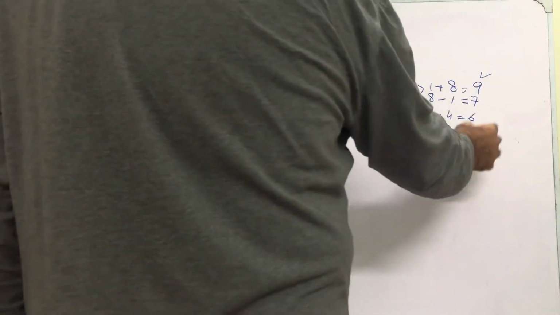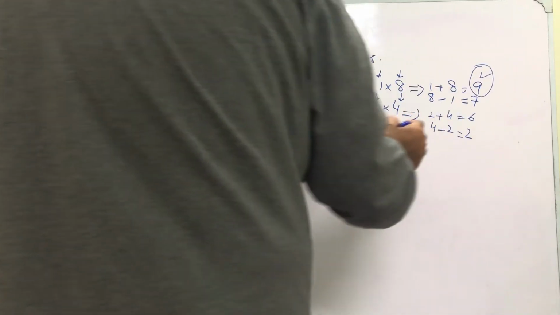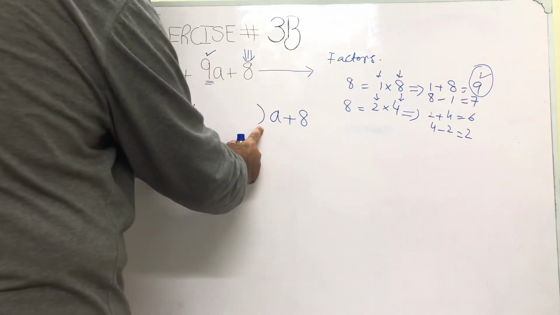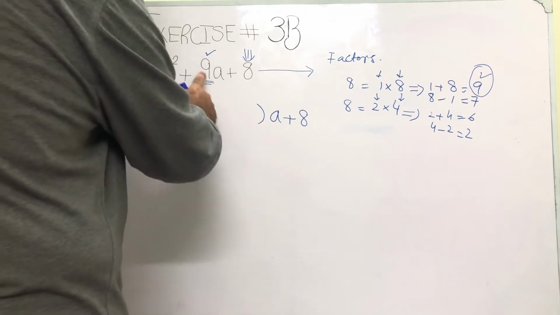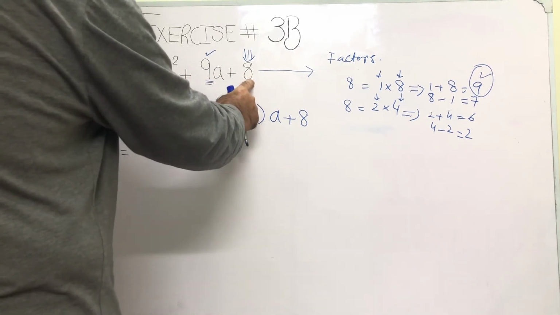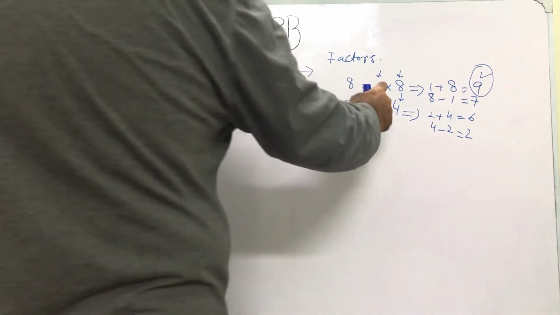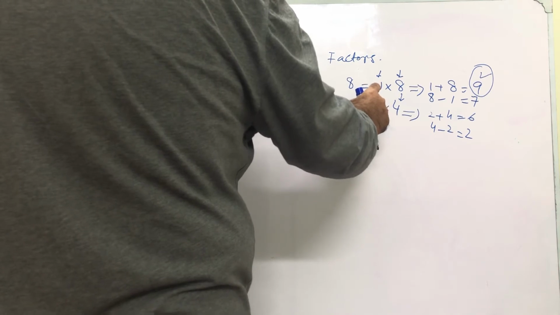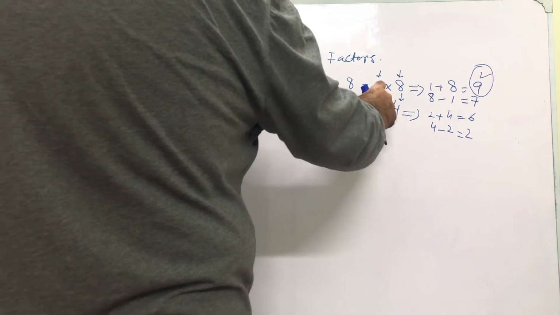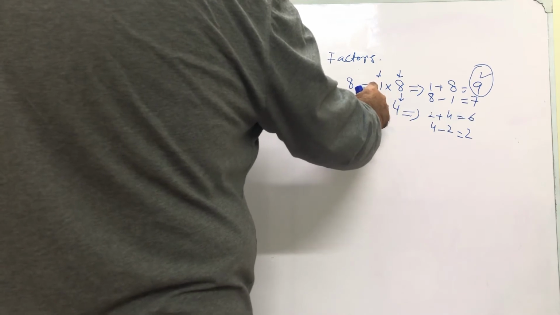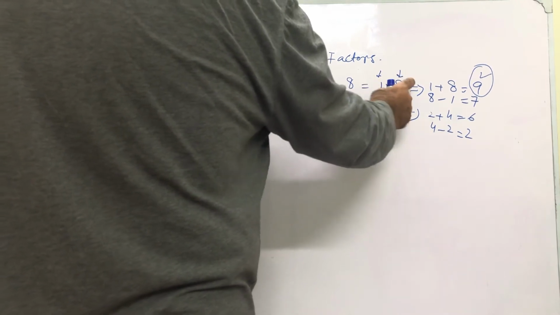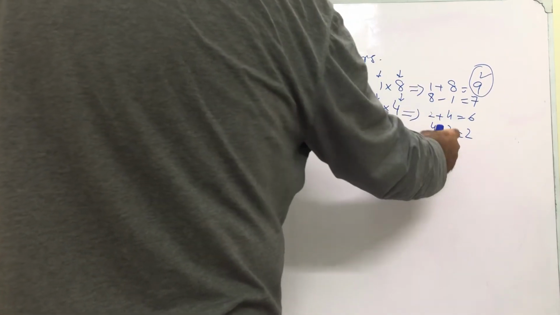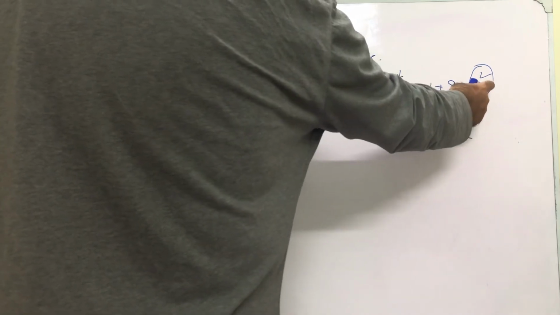So here is the result, this is what we required. We have reserved the place or space in the form of brackets for 9. We made the factors of this, and for the different factors we used the trial and error method, and we tried by adding or subtracting the 2 numbers, 1 plus 8 and 8 minus 1, here 4 plus 2 and 4 minus 2. Then we saw that here we got the 9.